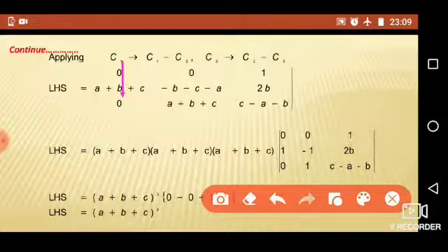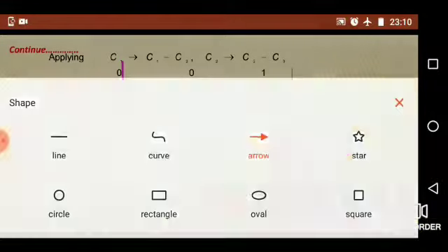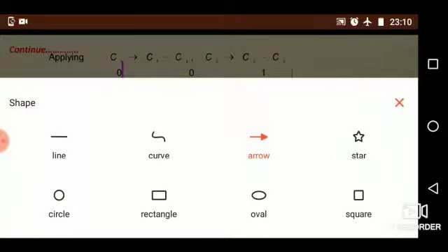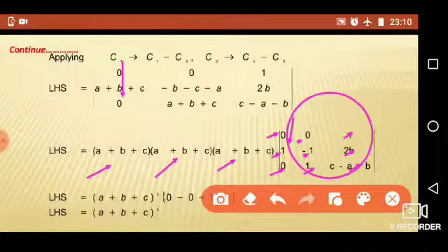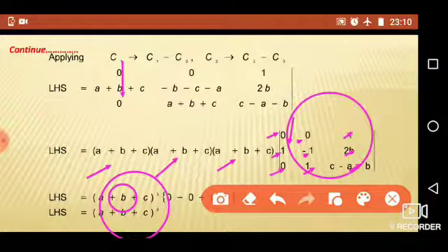Once again let me take a plus b plus c from the first column. Already there is a plus b plus c outside, and one more factor from the first column and another factor a plus b plus c from the second column. Then we are left with 0 1 and 0, 0 minus 1 1, and the third column elements are as they are. After simplification of this determinant, we have the value 1. Then 1 into a plus b plus c, a plus b plus c and a plus b plus c, that gives a plus b plus c the whole cube.